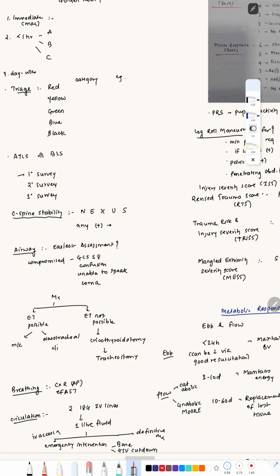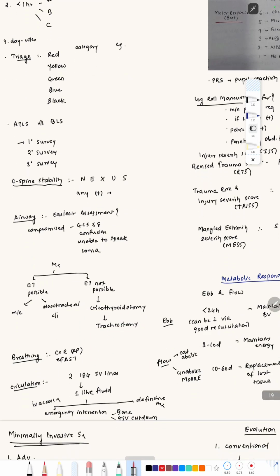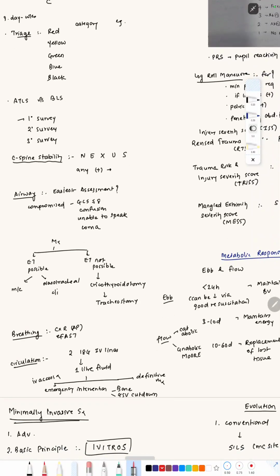Nasotracheal route is used if oral is not possible, but the contraindication for the nasotracheal route is base of skull fracture. If the endotracheal tube is not possible, then cricothyroidotomy. If that is also not possible, then tracheostomy is done. Then breathing. Now when I talk about breathing, here we need to assess the chest X-ray in the